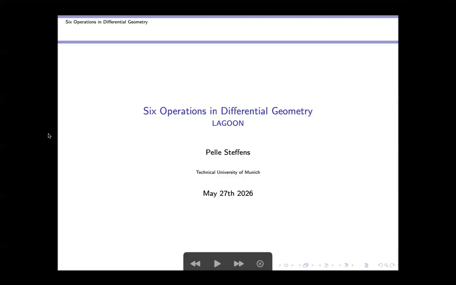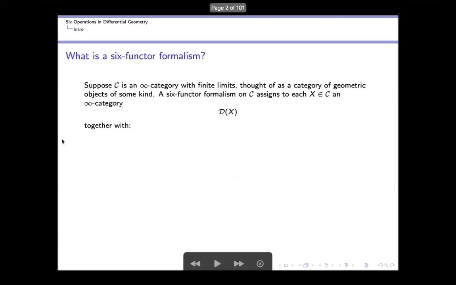And I'm going to assume some prerequisites in homotopy theory and higher category theory. So I'll talk fairly informally about infinity categories and just assume that we're all on board with this. Okay. So six operations, this refers to six-functor formalism. Let me just briefly flash for you what those are. There we go. So a six-functor formalism,